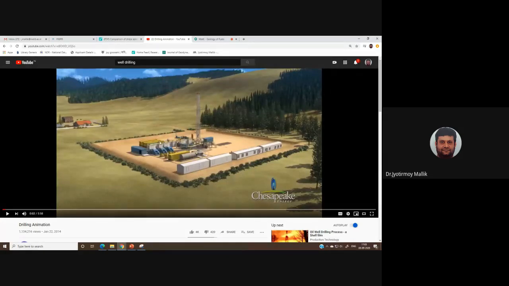You can see there are various types of units, but for the time being, let us explain something. You can see there is a small elevated area here. This is what we call a drill platform. This is the platform from where the drilling actually commences, and this long tower-like thing is what we call the Kelly bush.